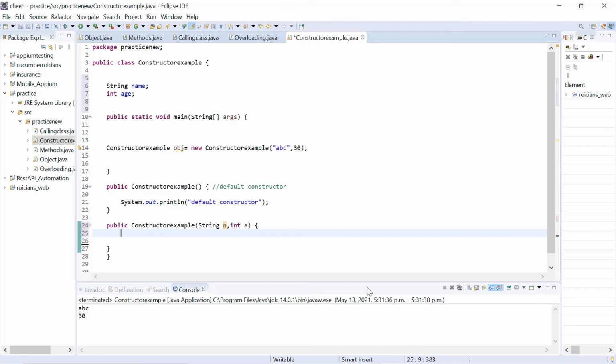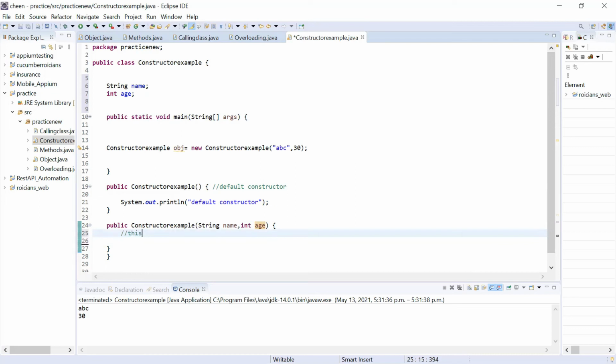So my job is not done yet. Yes, with the help of a constructor, I'm reducing lines of code, but still my purpose is not solved because I'm not able to pass values to these variables. Instead, I'm passing values to these parameters. So let's say this is name and this is age. I am passing values to these parameters instead of passing them to these variables. So let's understand this. This is my local variable and this is my global variable. If the name of your local variable and global variable is the same, then you can simply write this syntax.